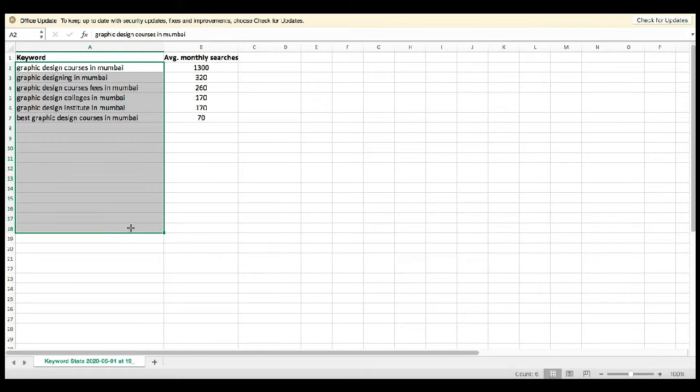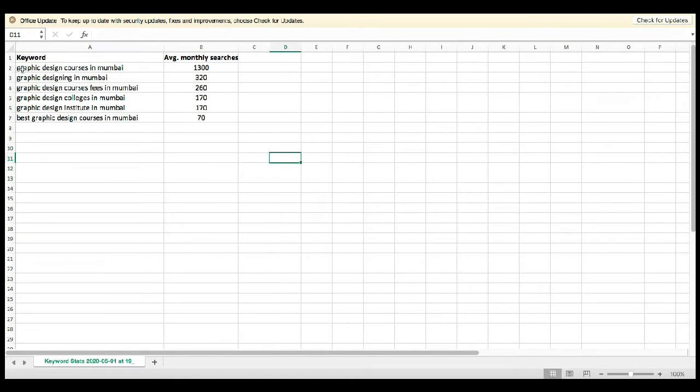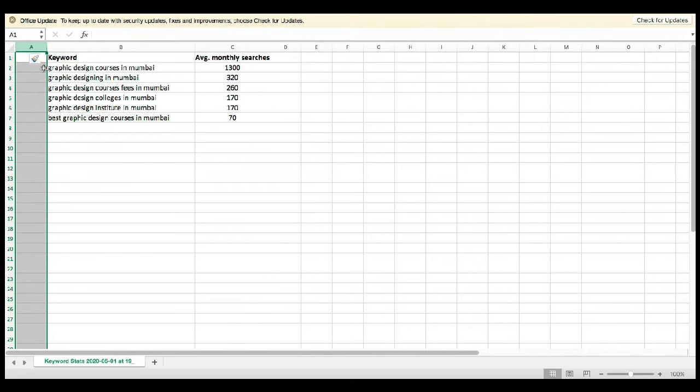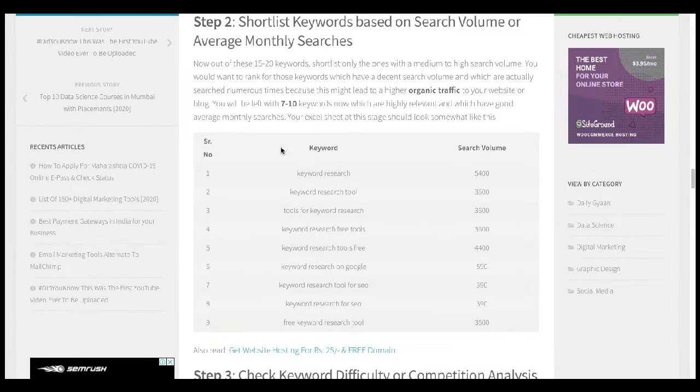So you removed and you are left with around 6 keywords, right? Let me just add a column over here on the left. These are your 6 keywords. This is where we have reached. So you have keywords, you have search volume.